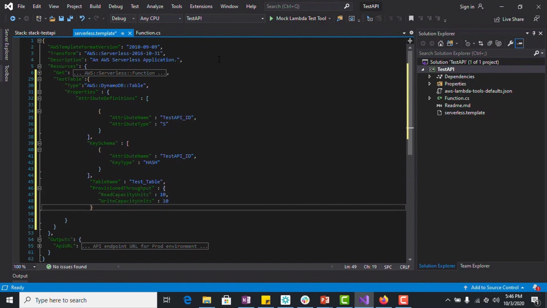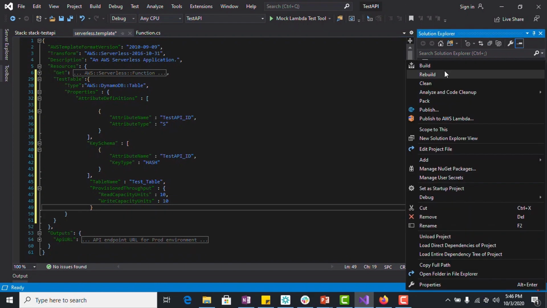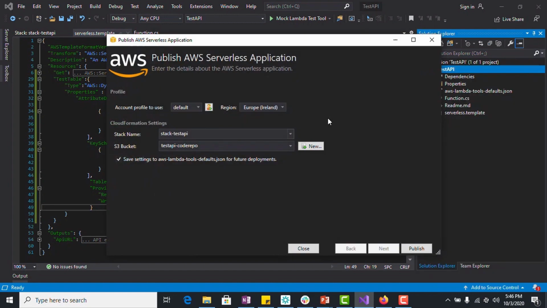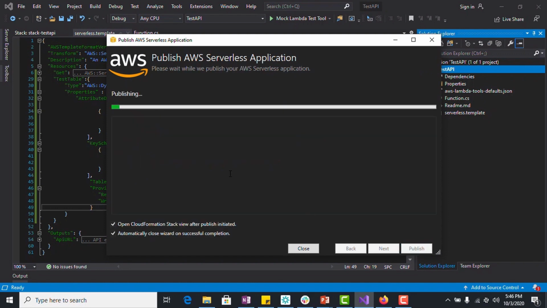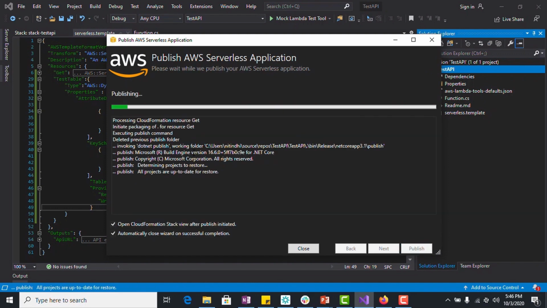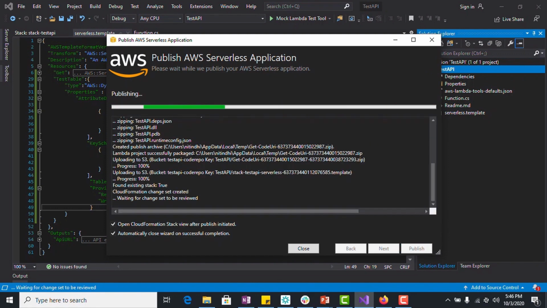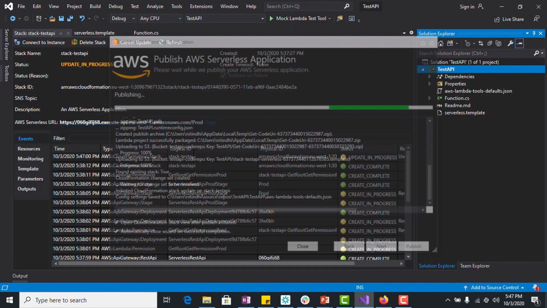Now we'll deploy the API again. We'll go to the test API, right-click, and publish to AWS Lambda. So we'll click on publish. Again, as the deployment starts, we'll see the stack view and the progress being made.